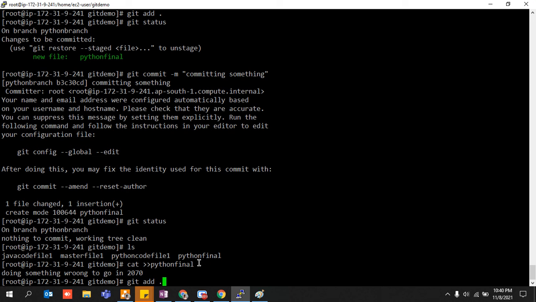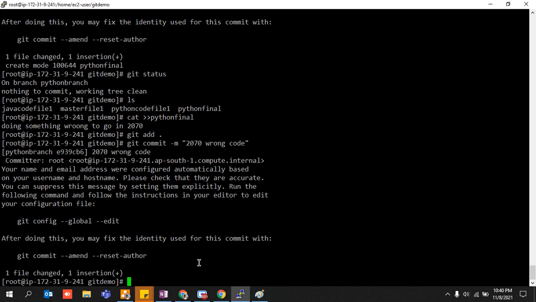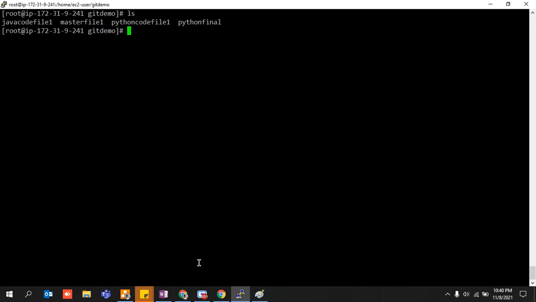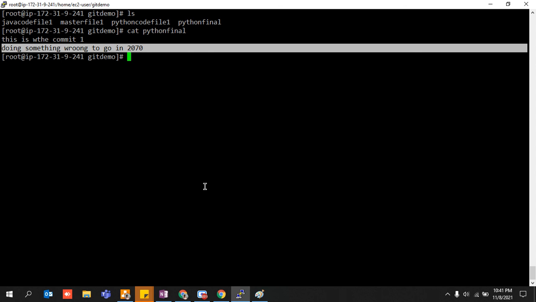Again I added it, again I committed it, git commit hyphen m 2070 wrong code. Okay, so just check the contents of this particular file. So first I committed this and then I committed this particular thing.